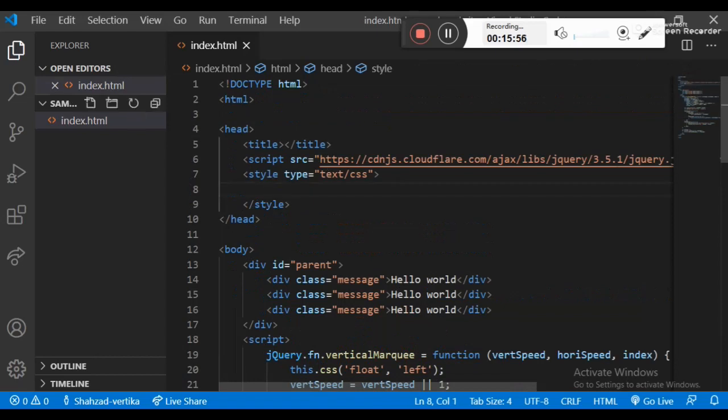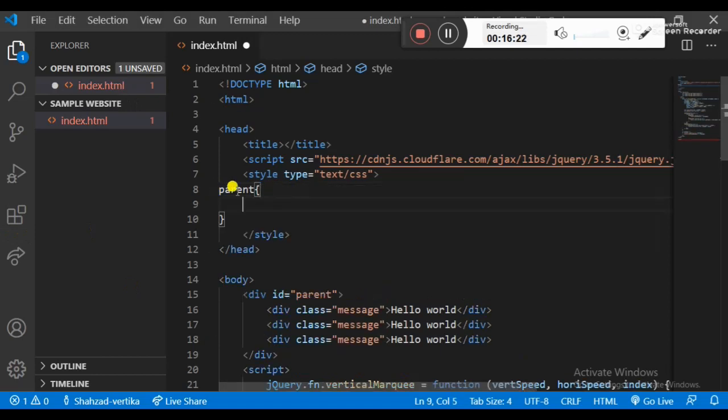We need to make a CSS called, first of all we need to apply the simple parent ID. So in the style parent we have a parent ID. So this is the ID of the parent, and the parent should look like this.